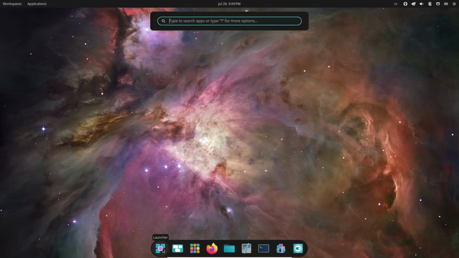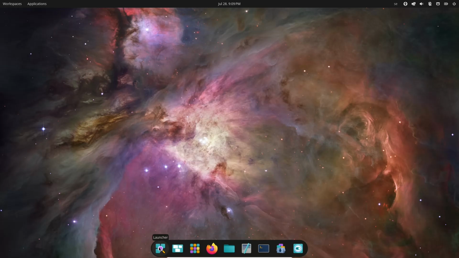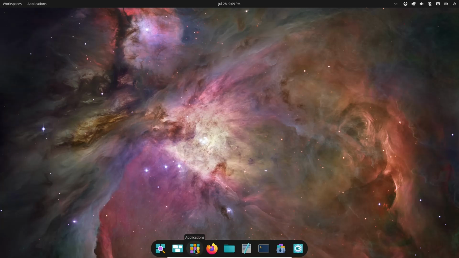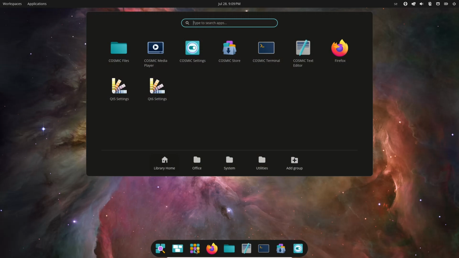Already opened applications will be listed under the search field. Next button shows workspaces. Now we have just one workspace. And the third button is for applications. It opens a search field.